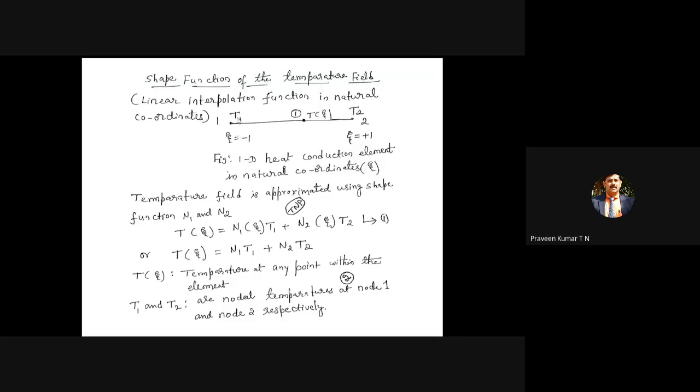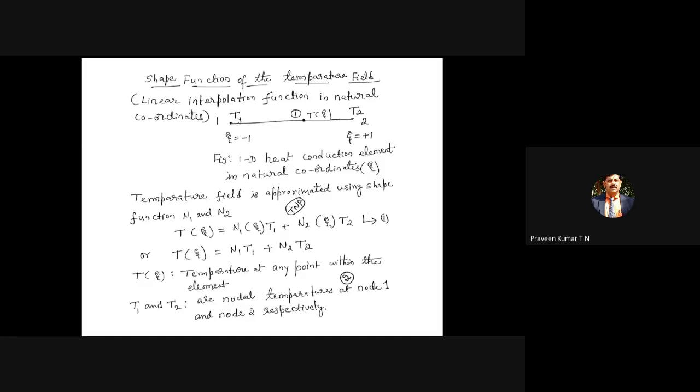We have already derived the interpolation function, or Hermite function, for the beam. There the shape function is slightly complex, because the bending pattern of the beam is not a straight line. It is a curve, so the minimum order required is a cubic curve. But in the initial stage, to make the problems very simple, we are assuming that the temperature variation within the wall is linear within some thickness.